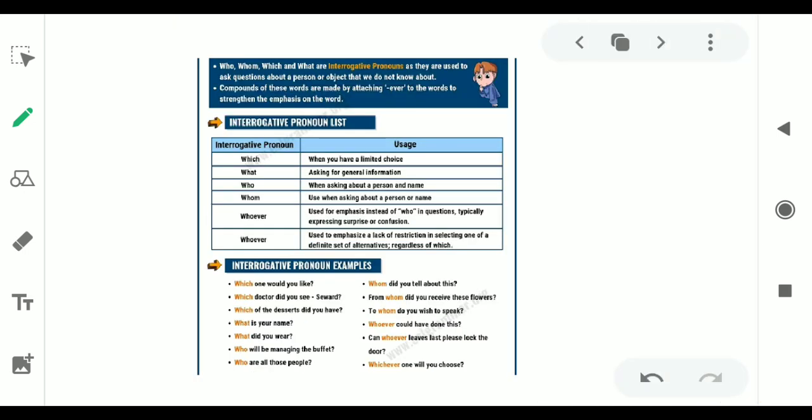Now, what is an interrogative pronoun? As I have said, the pronoun used to ask a question is known as an interrogative pronoun. Now, "which" is used when you have a limited choice about a thing. "What" is used when you are asking for general information. "Who" is used when you are asking about a person's name. "Whom" is used when you are asking about a person or name. And "whoever" is used for emphasis, instead of "who",